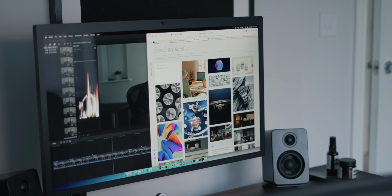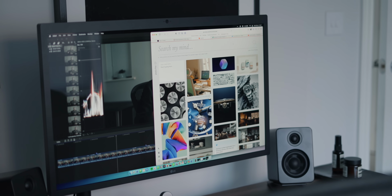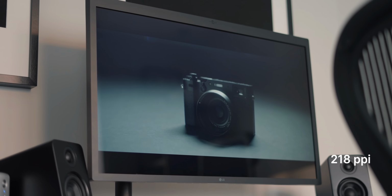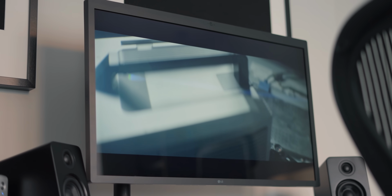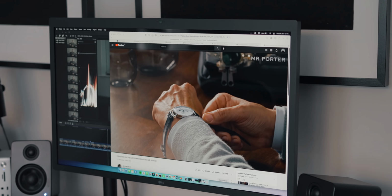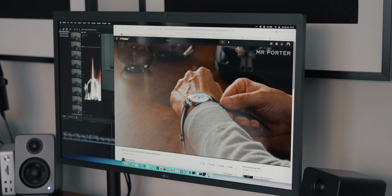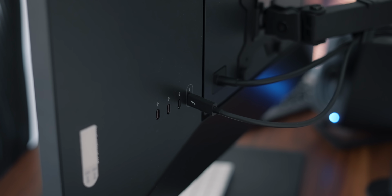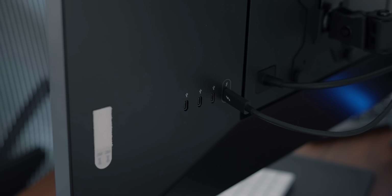The 5K resolution is amazing and is a perfect blend of screen estate and sharpness, as it has a PPI of over 218 to be exact. I have it scaled to 2560 by 1440, which gives me super sharp text. Due to it being designed only for Macs, it can connect to my MacBook via one Thunderbolt cable, providing both data and power. It has a built-in hub on the back as well, which gives me 3 extra USB-C ports